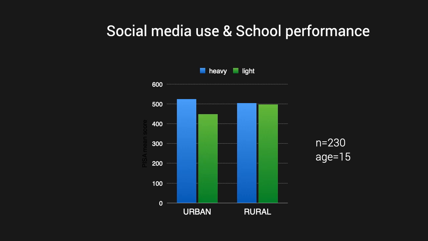The graph shows visually there's more difference among urban children than among rural children. You hardly need to say it, but when you say it, people look at the graph and they see it. So there is an enhancement effect of this graph to your explanation. The sample size and the age are in there where they belong, which is on the side of the graph. It's not that important. It's not as important as the differences found among the children. So this is a visual which takes a little more time, but which is so much richer and so much more enhancing to the explanation you would give of your PhD project.